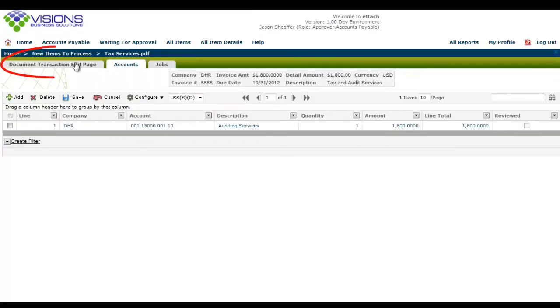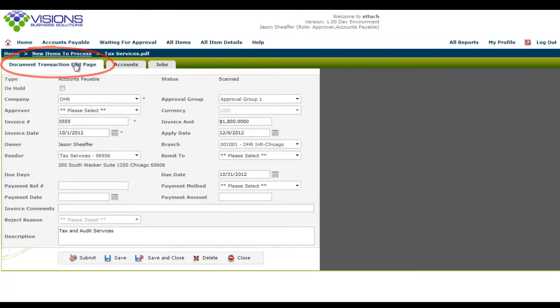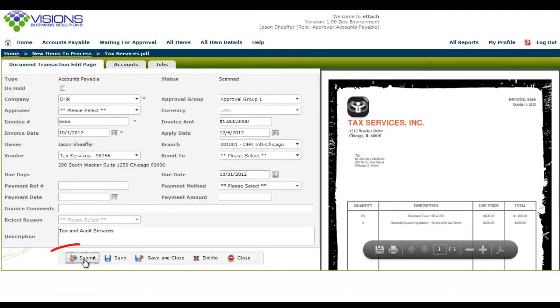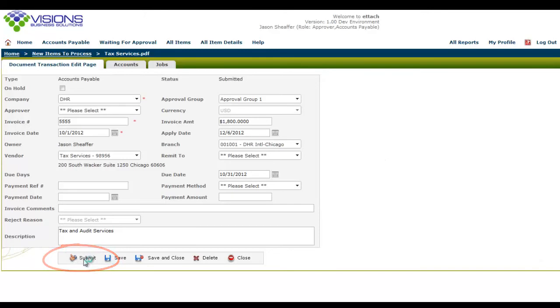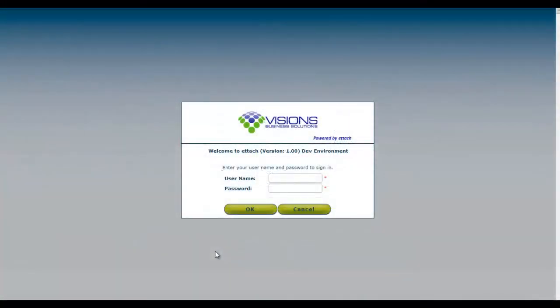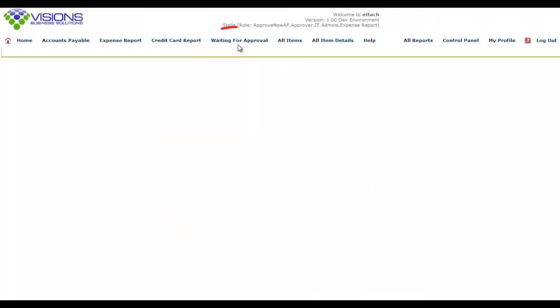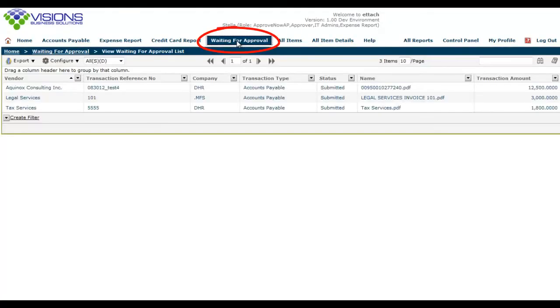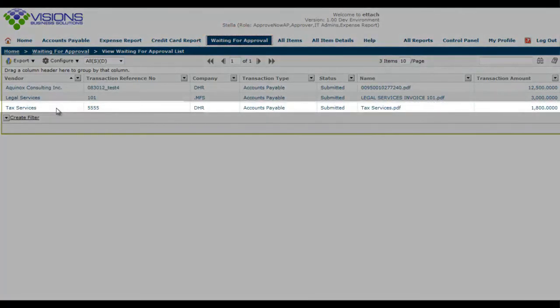and select the Document Transaction Edit page to review the invoice and select the Submit button to submit the invoice for approval. Once the invoice has been submitted, we'll go ahead and log in as the approver with our username and password, select the Waiting for Approval menu item, and look for the tax services invoice that has just